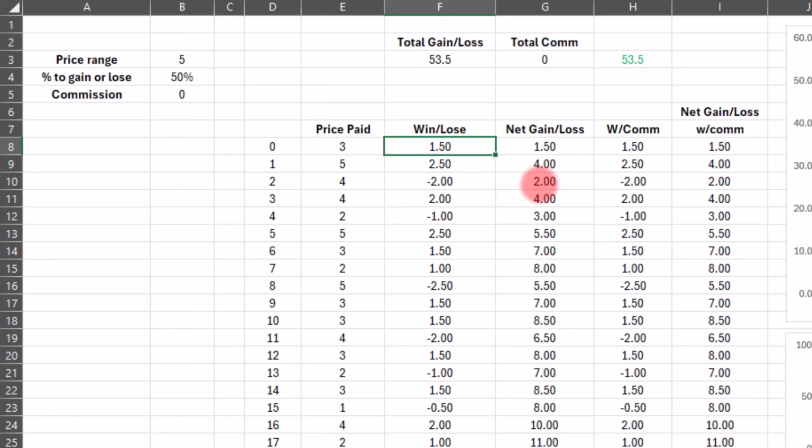The next column is saying, how much did we win or lose? So it's going to do a coin flip, basically, and say that half the time you win and half the time you lose, which is what we saw according to the bell curve. That's really your best expectation. So in this example, we paid $3, and I ended up with a 50% gain, or a $1.50 gain. The next trade, I paid $5, ended up with a 50% gain, or $2.50. Next trade, I paid $4, ended up with a 50% loss, or a $2 loss, and so on,